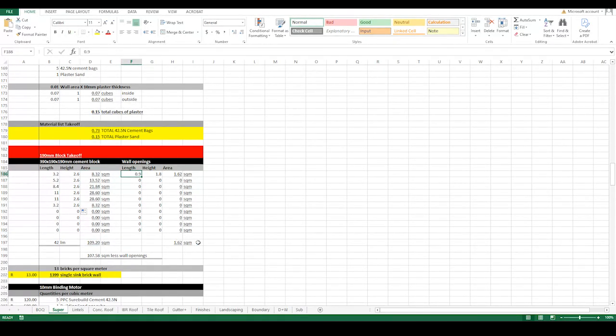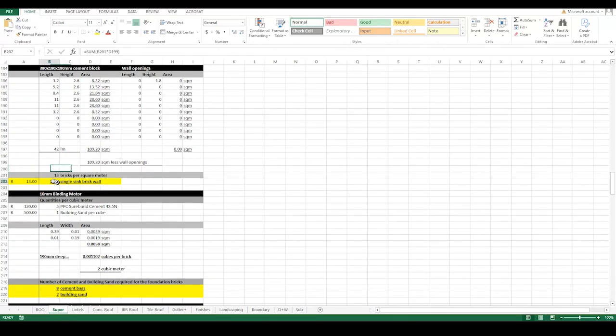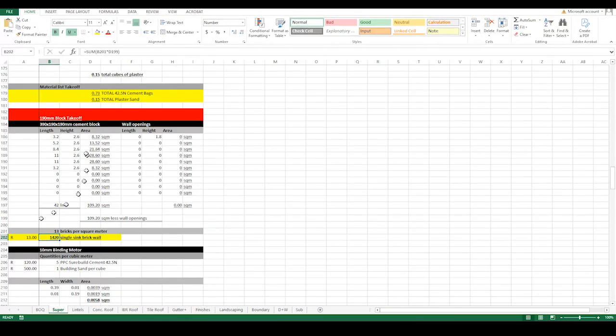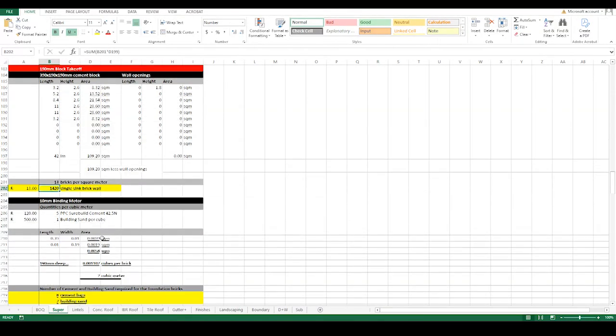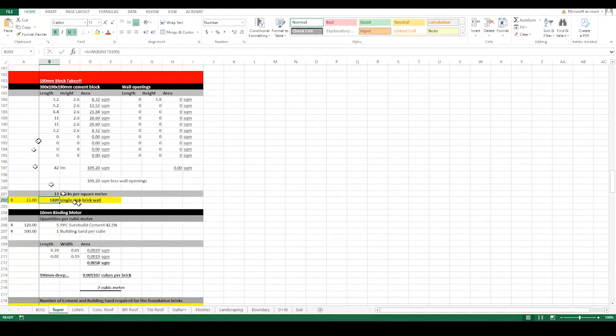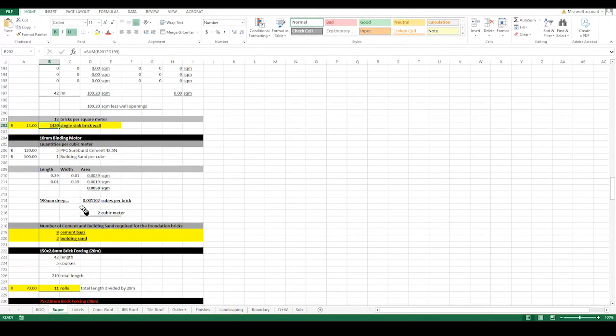I'm not even going to include the openings on this one because I would like to sort of overestimate. So that's how many blocks I'm going to need for these blocks per square meter. It's 13, and then I take 13 multiplied by the square meter. That's what I'm going to be getting for